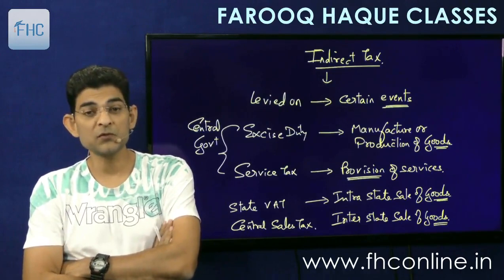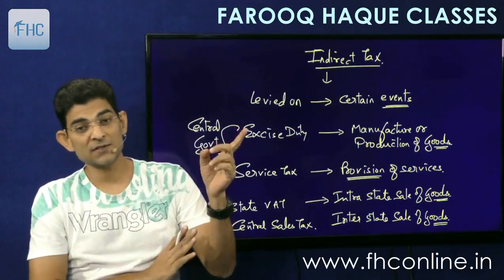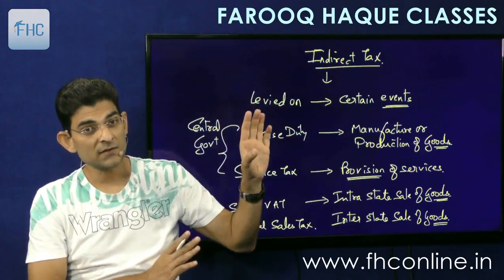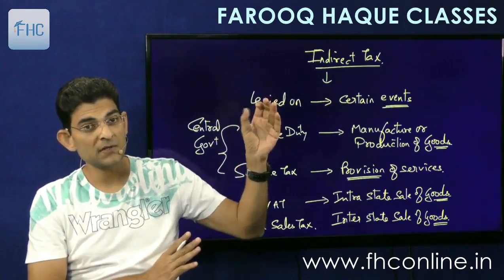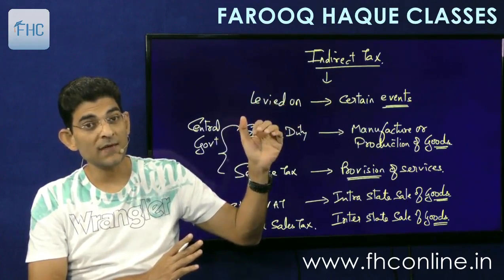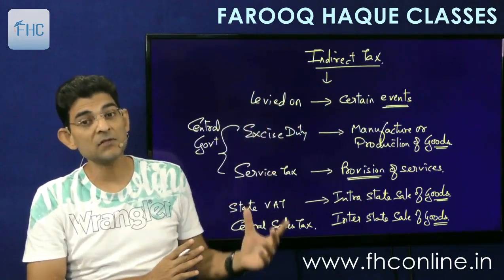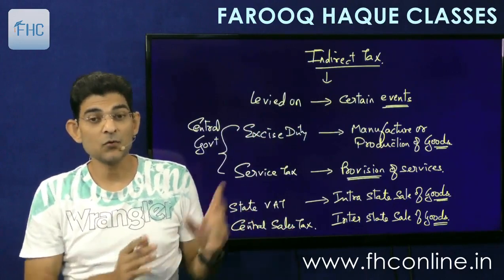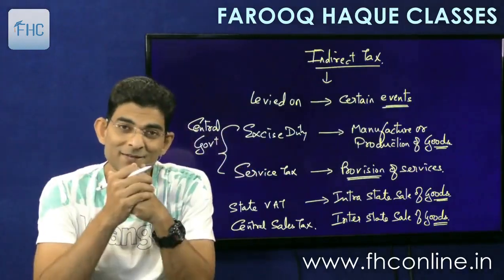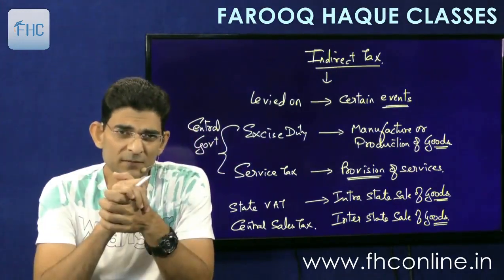So this problem was called multiplicity of tax, and sometimes there was tax on tax, like excise. When you manufacture the goods and then sell, first you had to levy excise. Suppose I am selling the goods at 1000 rupees and there was excise duty of 100, so I will charge 100 rupees excise duty, and then I will total it. So total comes to 1100. On 1100 I will charge the VAT. So VAT was imposed on excise duty also. So ridiculous. Okay. So there were so many such problems existing.